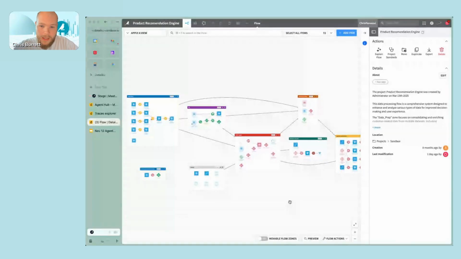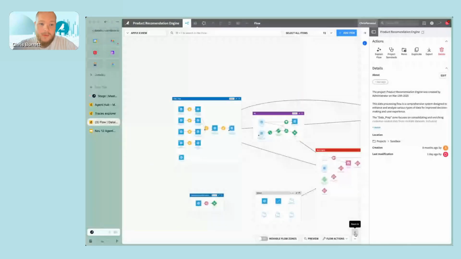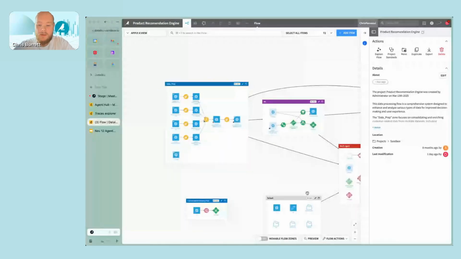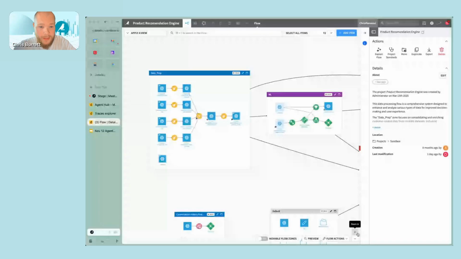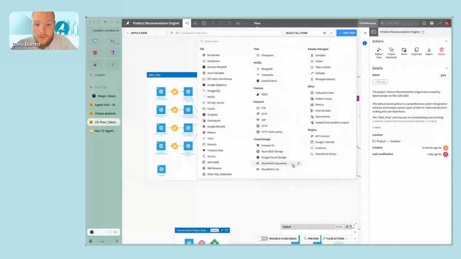And so the first thing that I'll highlight when we look at this project here is that agents are everything in pink. That's everything to do with Gen AI. And so you can see that that's a part of this project, but it's certainly not the only part of this project. On the left-hand side here, we've got everything related to data preparation. So you can see here in this case, we're actually pulling in from Snowflake. But this could be any database that we've got access to in our organization, right?